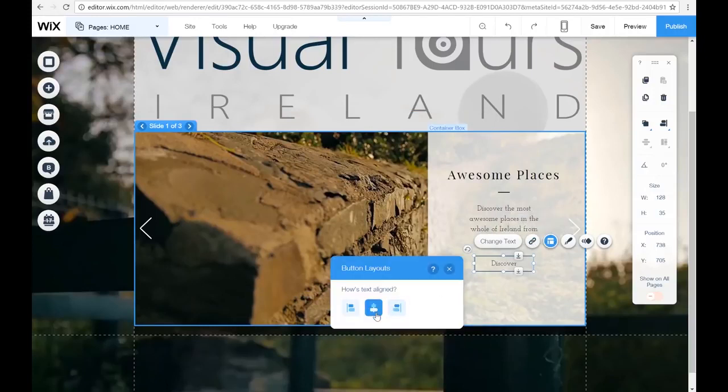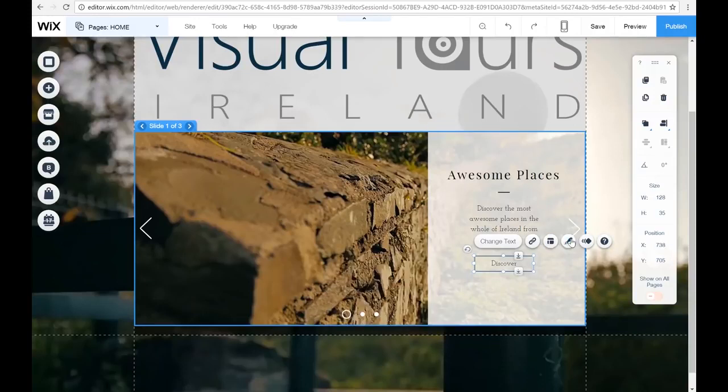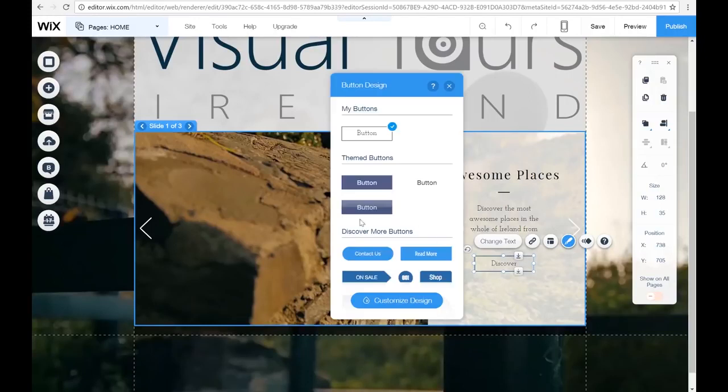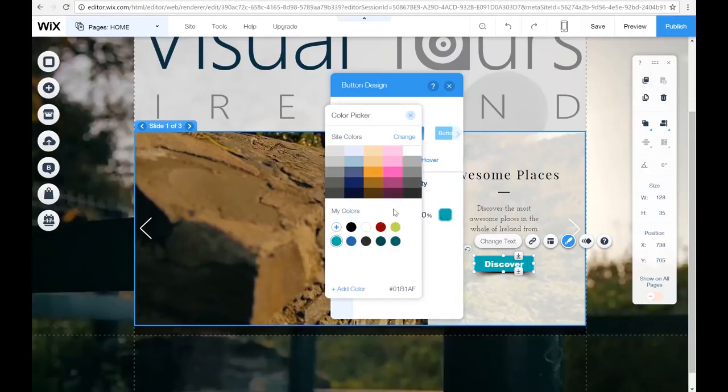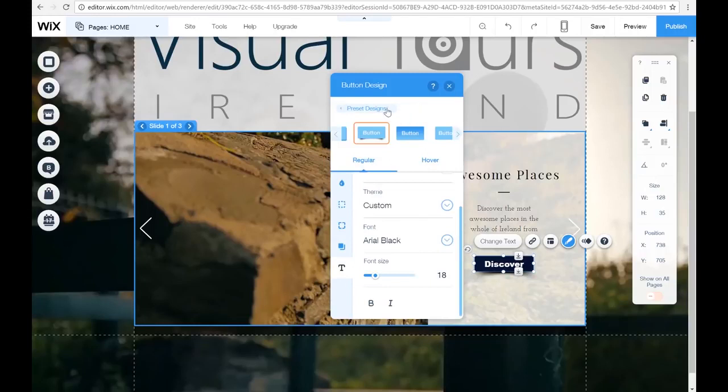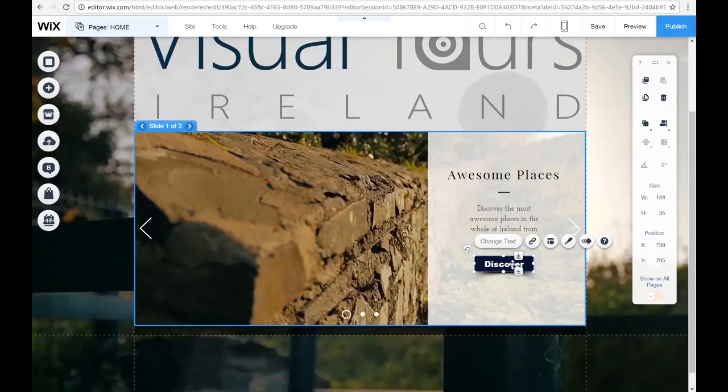Gonna have a look at the layout. Once again, how's text aligned? We're just gonna keep it centered, and we're gonna have a look at the design. So there's all different types of buttons here. So I've just selected this button, and we're going to change the color. To this, we are going to keep all that the same. The only thing we're going to change